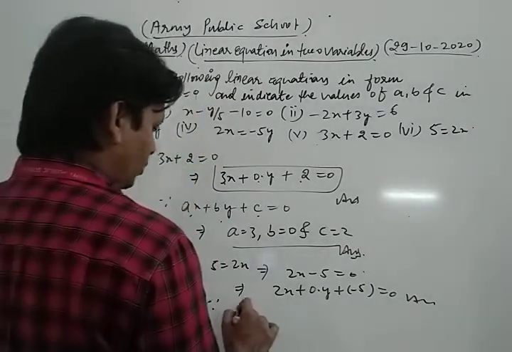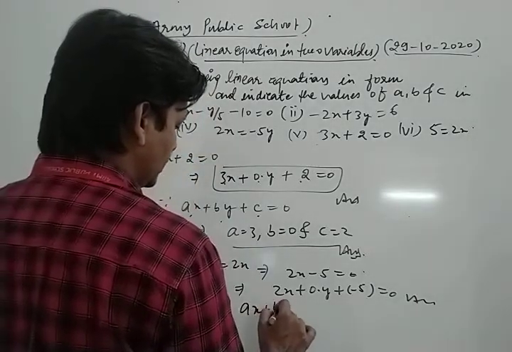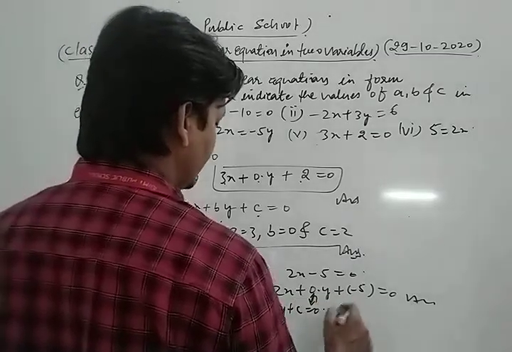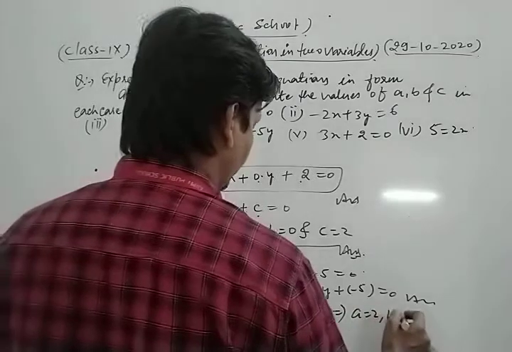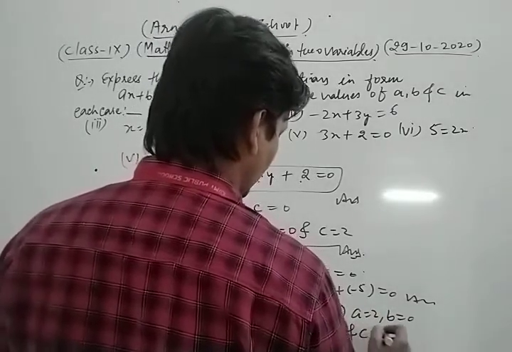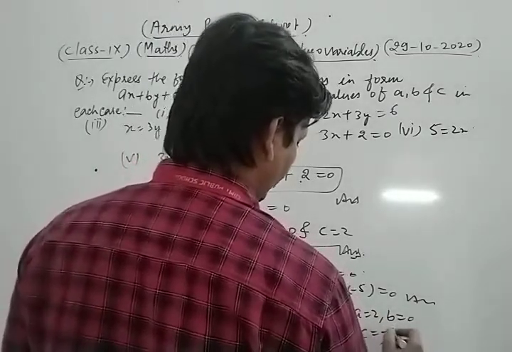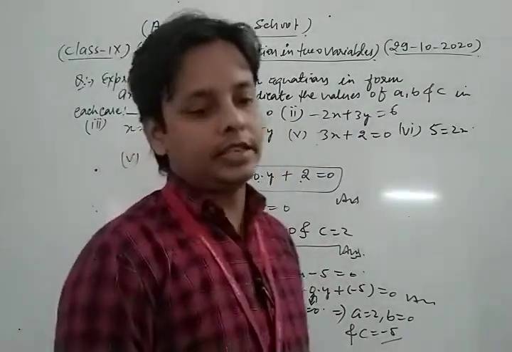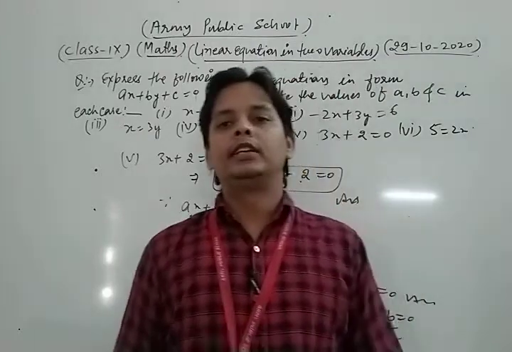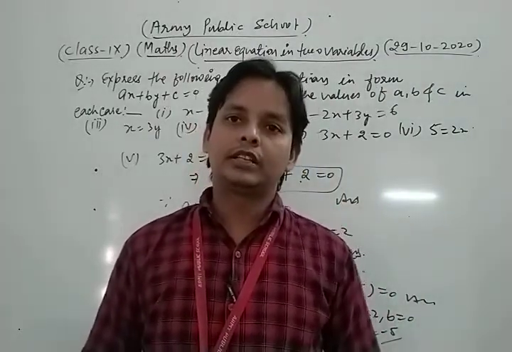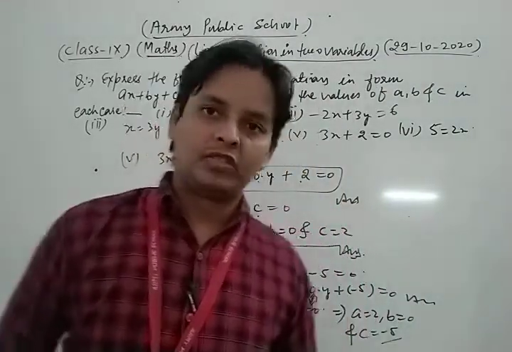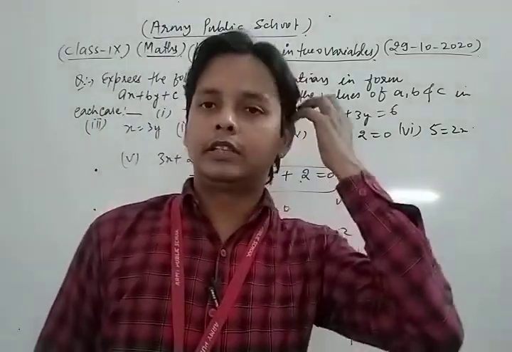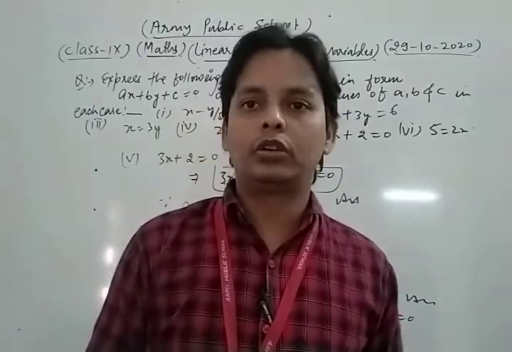Now, also we find the value of a, b and c in each case. Since we know that the main form of the equation is ax plus by plus c is equal to 0, on comparing between them, we get a is equal to 2, b is equal to 0 and c is equal to minus 5. C is equal to what? Minus 5. Okay. Thus, dear students, in this way you can solve each and every question of your NCERT exercise based on that topic. Okay. Now, dear students, we take and discuss the next topic of that chapter, which is solution of the linear equation.